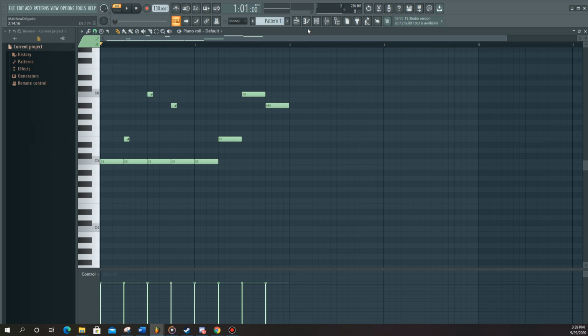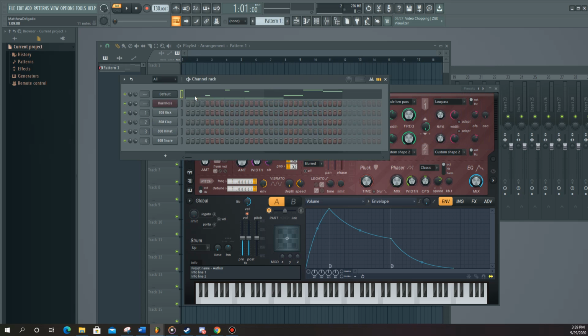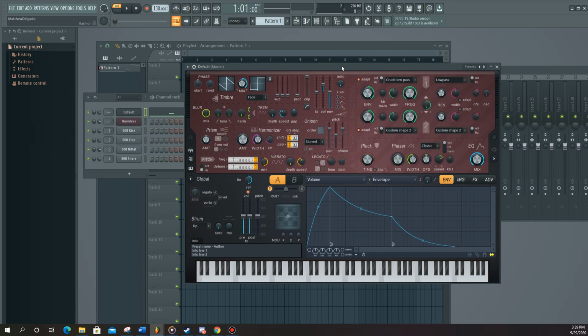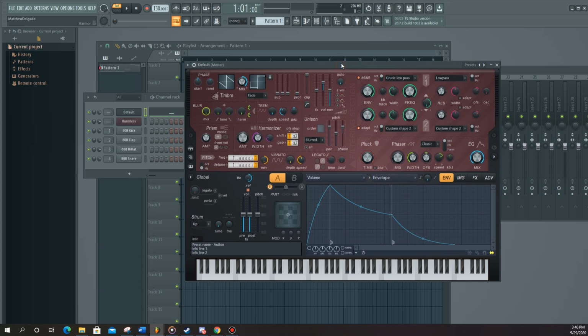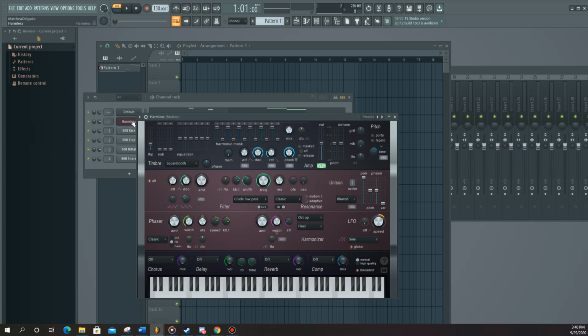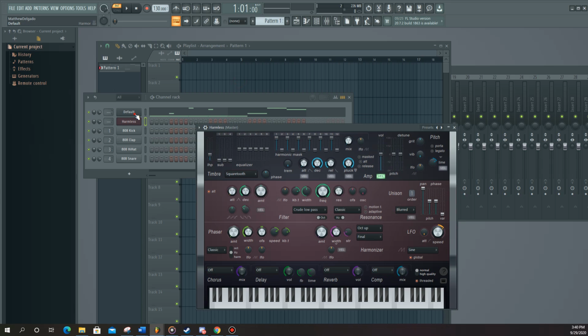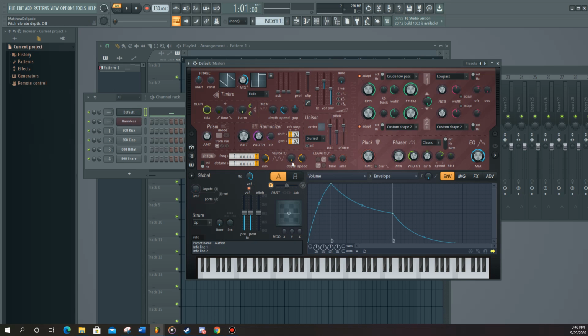So there's that. And another thing I want to show you guys is vibrato, which if you guys listen to me, I spam vibrato because I think it sounds really cool. So in Harmor, you go down to here, and there's vibrato here. In Harmless, the vibrato's here. But I like Harmor better because you can do a really cool thing